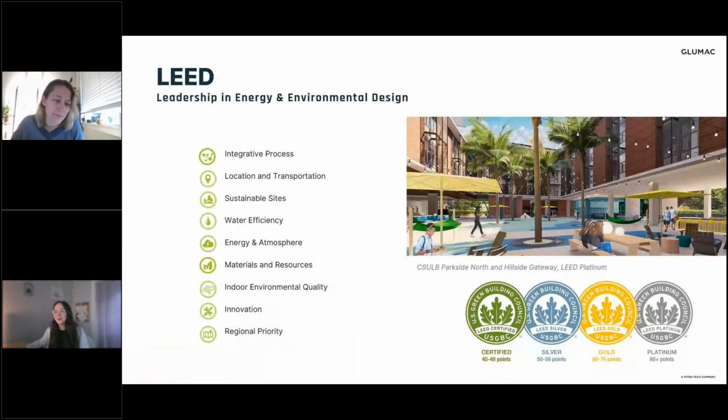Okay, so LEED. I'm sure many of you have heard of LEED, but as it's by far and away the most common rating system globally, it's worth spending some time reviewing. So you may or may not know that LEED is an acronym standing for Leadership in Energy and Environmental Design. So just to start off with a brief overview of LEED, LEED is achieved in 4 levels of certification,